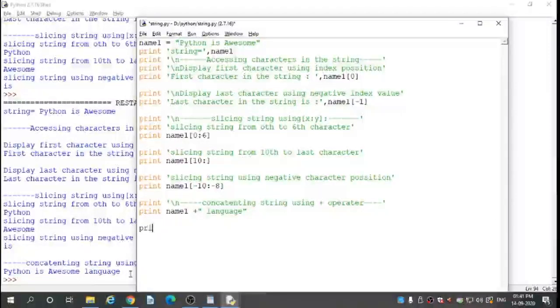Print in single quote \n length of the string using len method function.